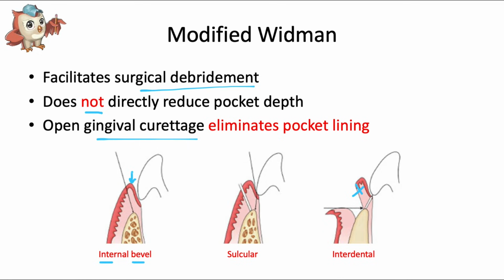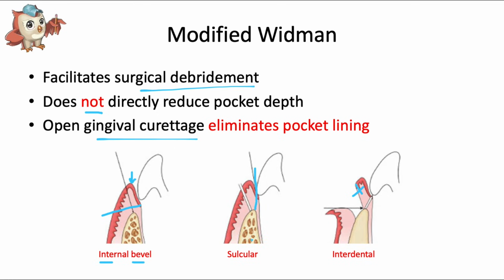gingiva. Just so you know, an external bevel cut would be oriented like this. And that would be used for a gingivectomy to cut away excess gum tissue. Next, we have the sulcular or crevicular cut, and this is made through the base of the pocket to the